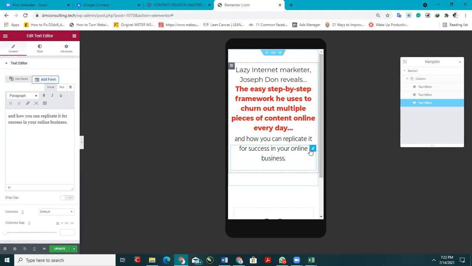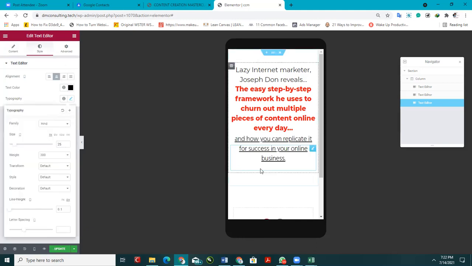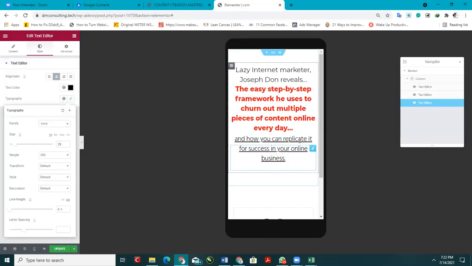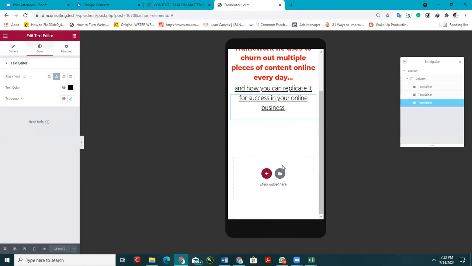Okay, great. So let me underline this. Underline it, style, typography. Okay, so underline it, and we have this there. Then they also said that the distance, the line height is 38 pixel. Line height, change it to pixel 38. I don't know why this is not working. Okay, line height. So once we've done all that, click on update, and then we have that first part of